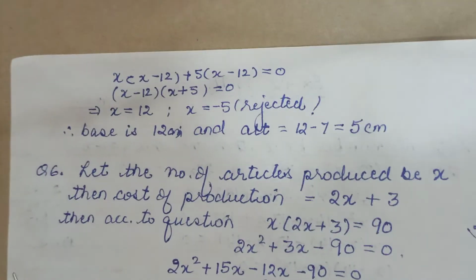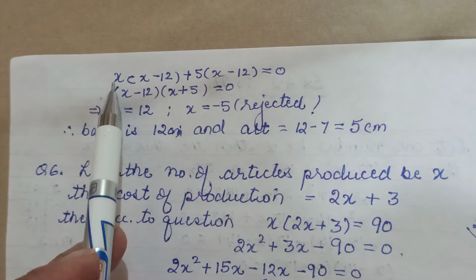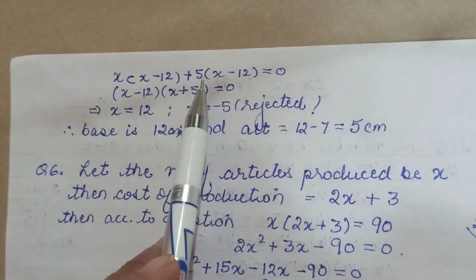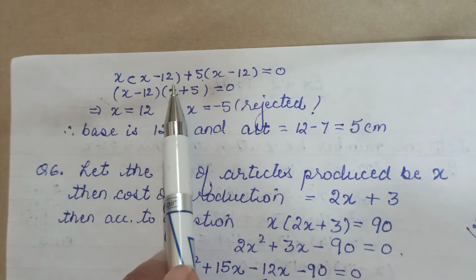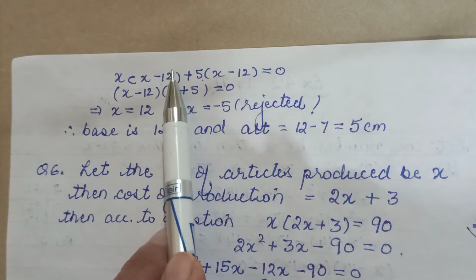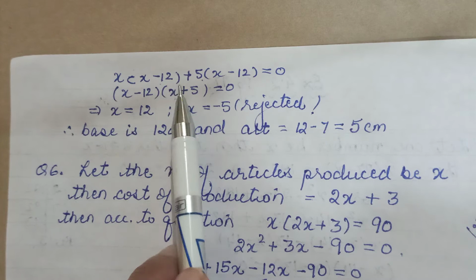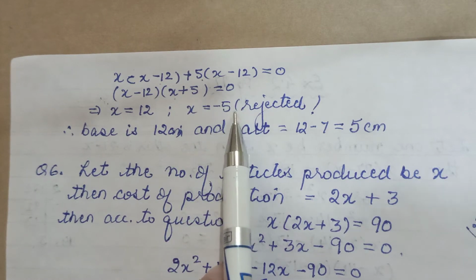Okay. So then factorizing further, x will be common from here, so x minus 12, from here 5 if you take common, so the two factors are x minus 12, x plus 5. Again x minus 12 को 0 रखोगे तो 12 goes there to give you x is equal to 12, this goes there to give you x is minus 5.